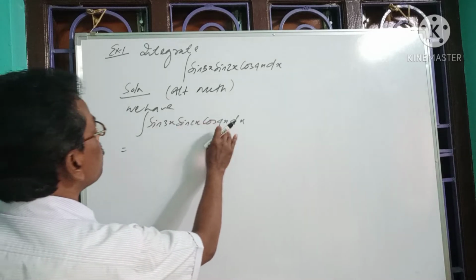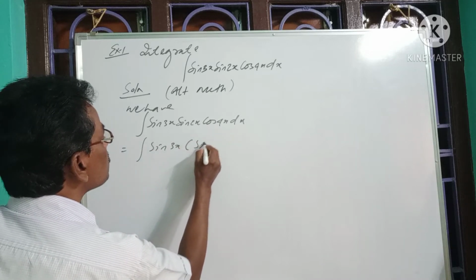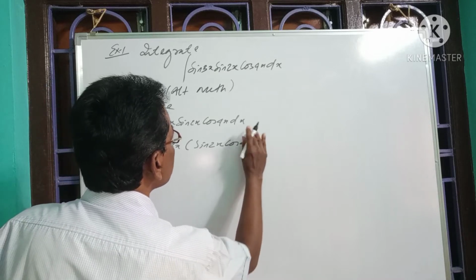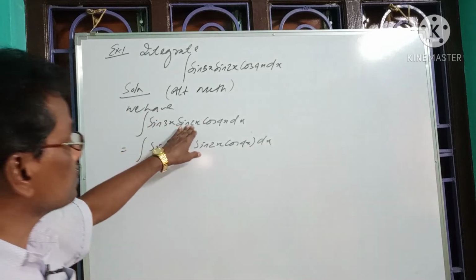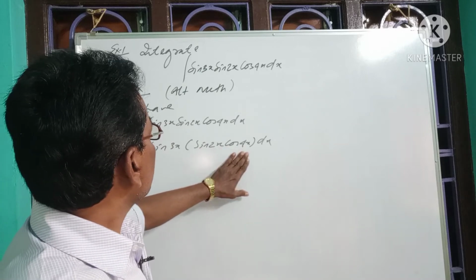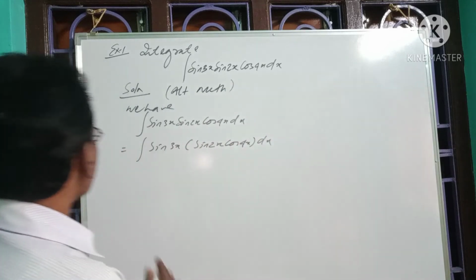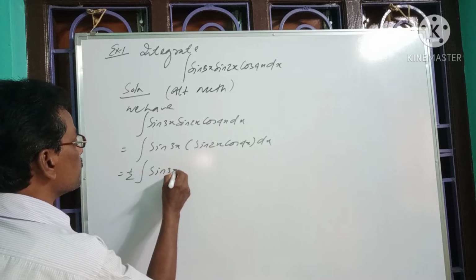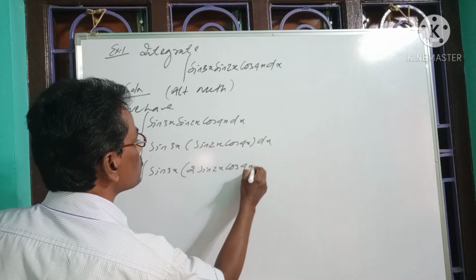So now adjusting sin 2x with the cos 4x, we have the integration of sin 3x into sin 2x into cos 4x with respect to x. Now the integrand is not directly integrable, so we need to transform it. We have adjusted sin 2x with the cos 4x, then let us multiply by half and 2 so that it can be transformed into standard form. So multiplying half outside the integral, we have half into the integration of sin 3x and 2 into sin 2x into cos 4x with respect to x.